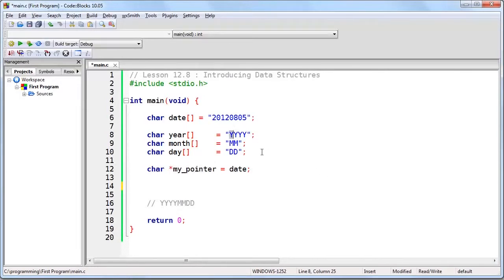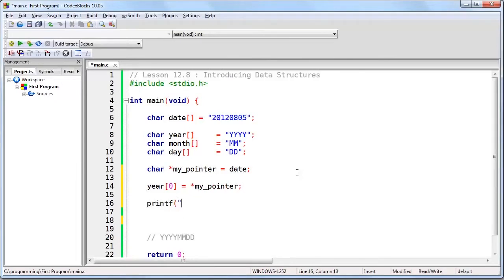So how do we do that? Well, we can just simply say that year 0, which is the first element of the array year, is now set to not Y, which is set to right now, but rather what is at the memory address my pointer. And there you go. Now let's go ahead and create a print statement that's going to show that we're done